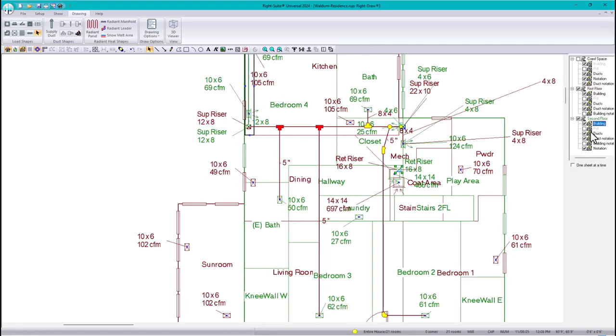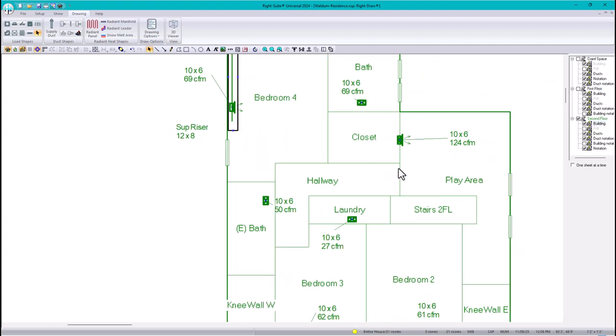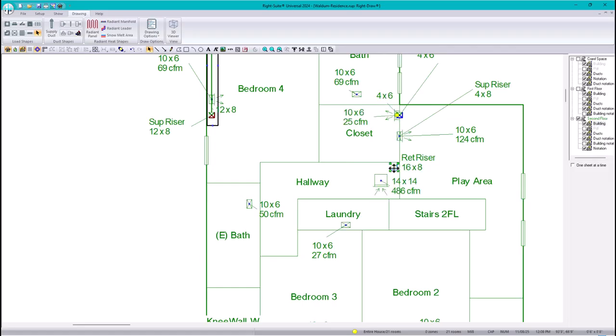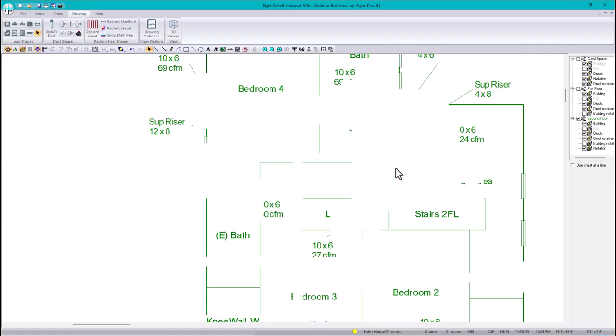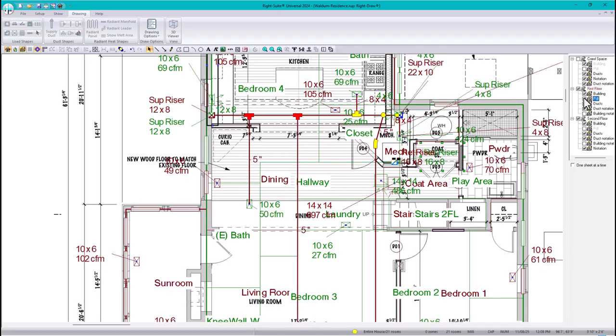In the second floor, let's see where it lands. It lands right here. I'm not liking it. I'm going to move it a little bit back. There we go. See? Closet, it's right at the corner. And anyways, I think